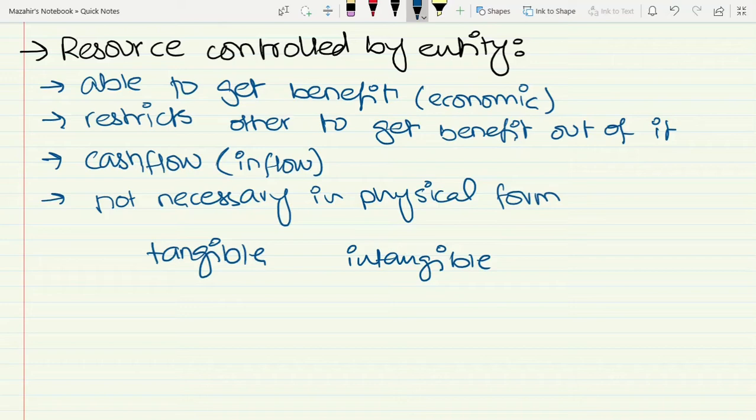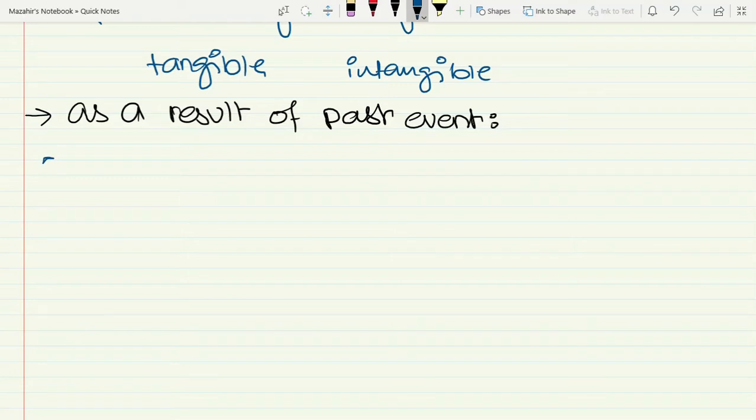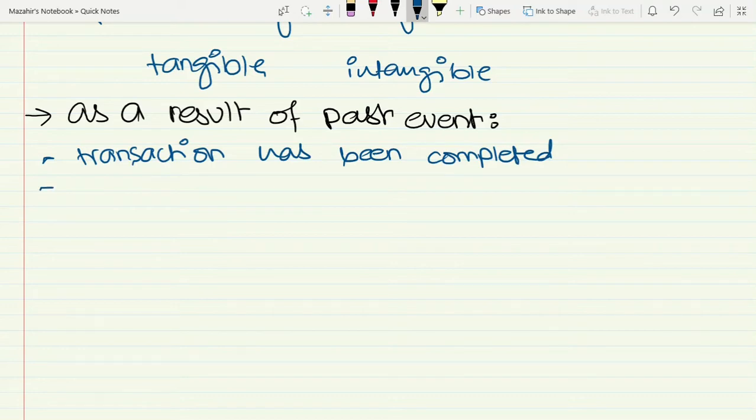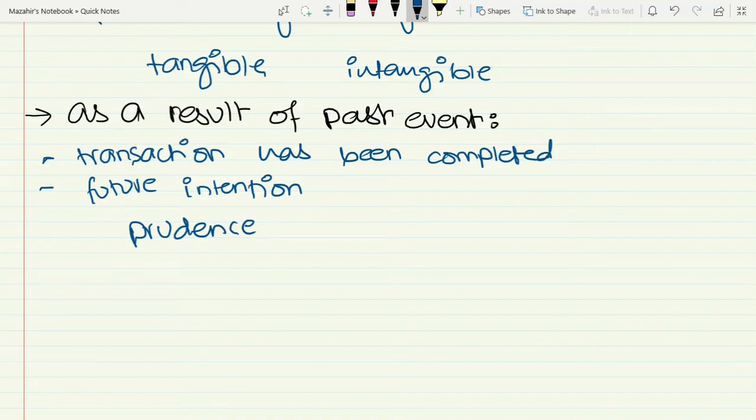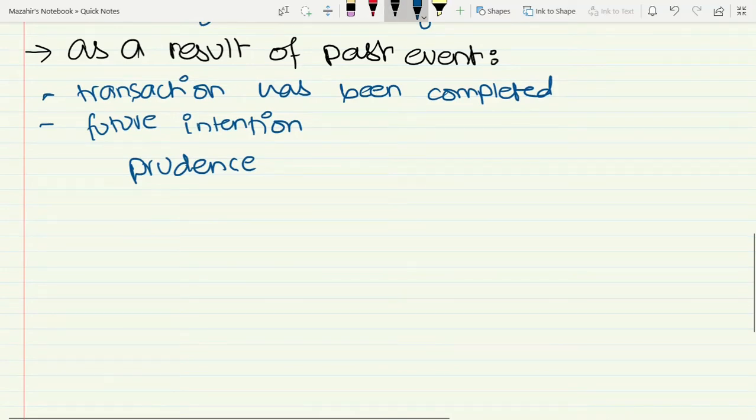tangible and intangible assets. Now we will move to the second part of our definition, that was the result of past events. By this we mean that we will consider an asset only when the transaction has been completed and not based on any future intention. For example, if I have an intention to buy something, I will not consider it as my asset, and I will only consider it my asset when I have obtained it. As we studied in our previous lecture, this is an example of the concept of prudence, the ones we discussed in our earlier lectures. And now moving to the third part of what an asset is,